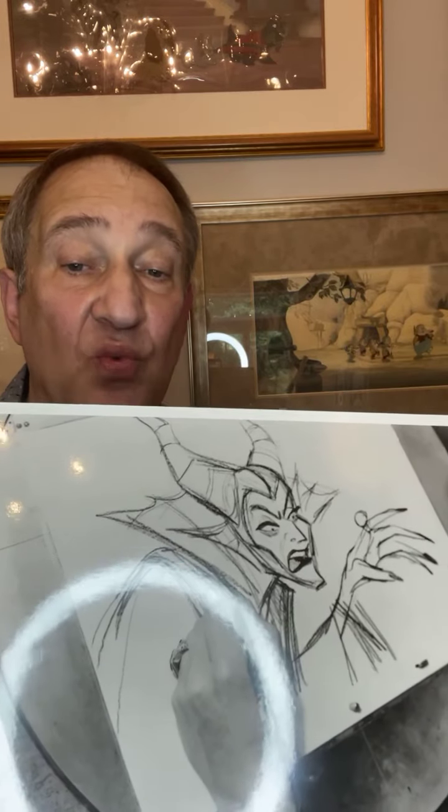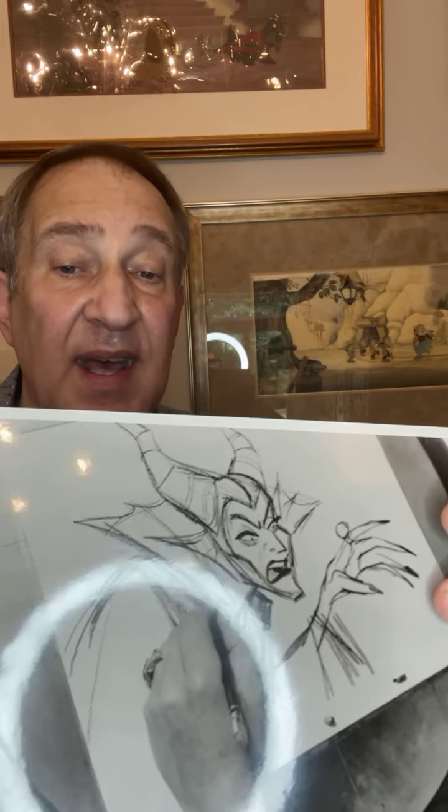And that is a rough drawing that would be done, and those rough drawings would later be cleaned up. They would be called cleanups, as these were called roughs. And the cleanup drawing would be the one that really was very, very fine lined and fine pencil, and would ultimately go to the ink department to have the lines put on the cell before it was painted and then